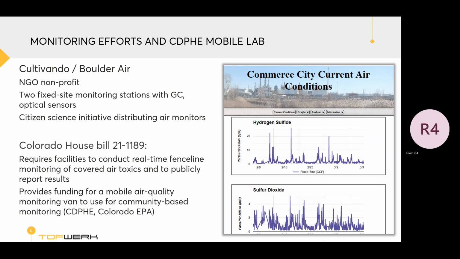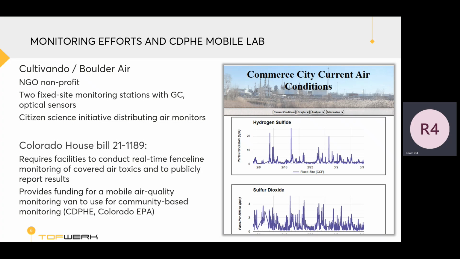And there's monitoring efforts that are in place to try to untangle this. And these involve both regulatory groups and NGOs. There's a local nonprofit called Pollutant that has a stationary monitoring site with some data that's available publicly in real time online. And on the regulatory side, Colorado House Bill 1189 requires that Suncor and similar facilities conduct fenceline monitoring for specific compounds. In addition, this bill also provided funding for the Colorado EPA, which